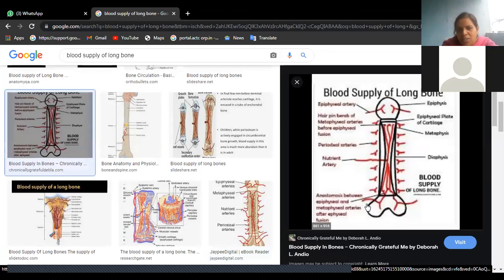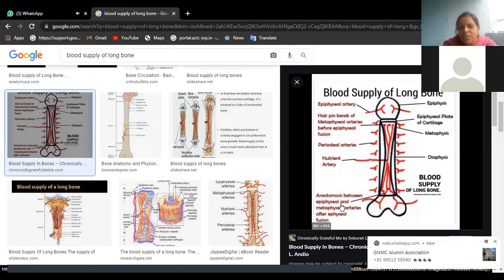This picture is much better. Follow this. The nutrient artery, and the arteries which are supplying from outside, these are periosteal arteries. At the metaphysis we have metaphyseal arteries which form hairpin bends. Then from outside we have epiphyseal arteries, and it is clearly written here: anastomosis between epiphyseal and metaphyseal arteries